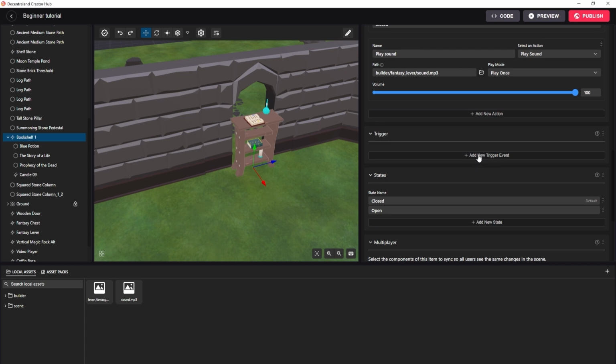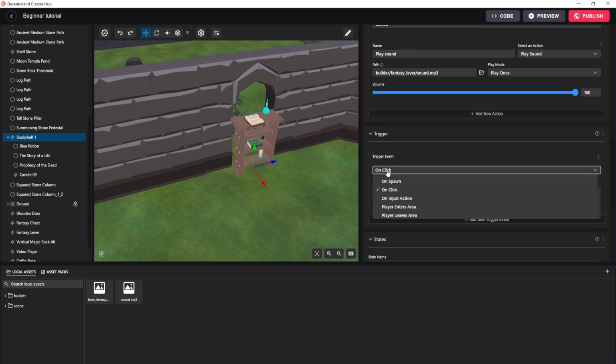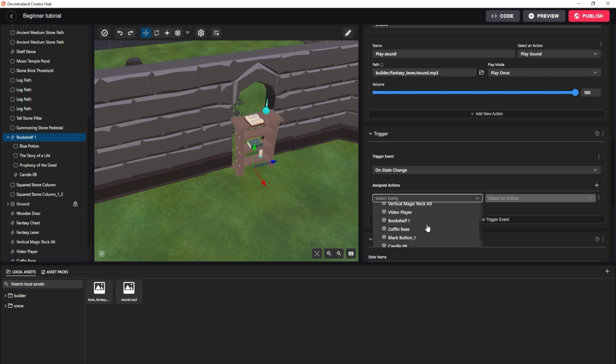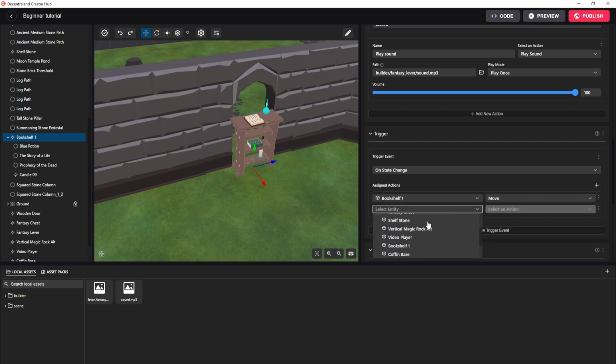And now we will add a trigger event, and this event won't be a click, it will instead be an on state change kind of trigger. So the actions that I put here will be called every time that the bookshelf's own state has changed. So in this case, we want to call the bookshelf's move action as well as the bookshelf's